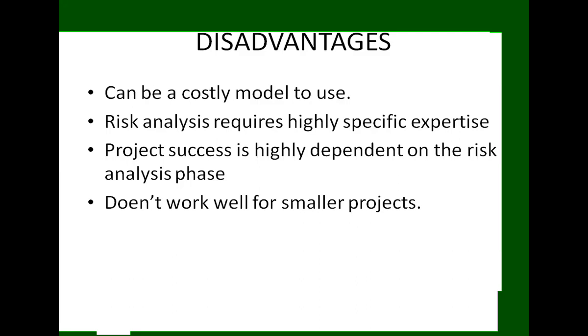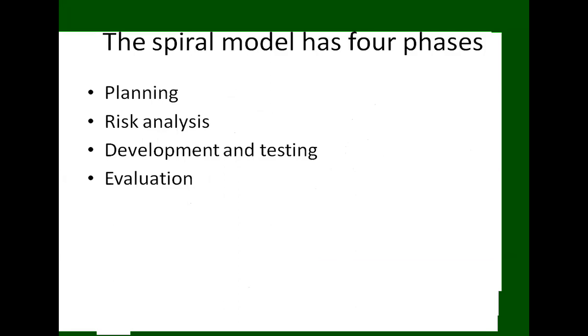So it is costly for smaller projects, and also difficult in time management, as the number of phases is unknown at the start of the project. Before starting the project, we don't know how many phases we have to go through. So the time estimation is very difficult when we have unknown phases. These are some of the disadvantages of the spiral model.